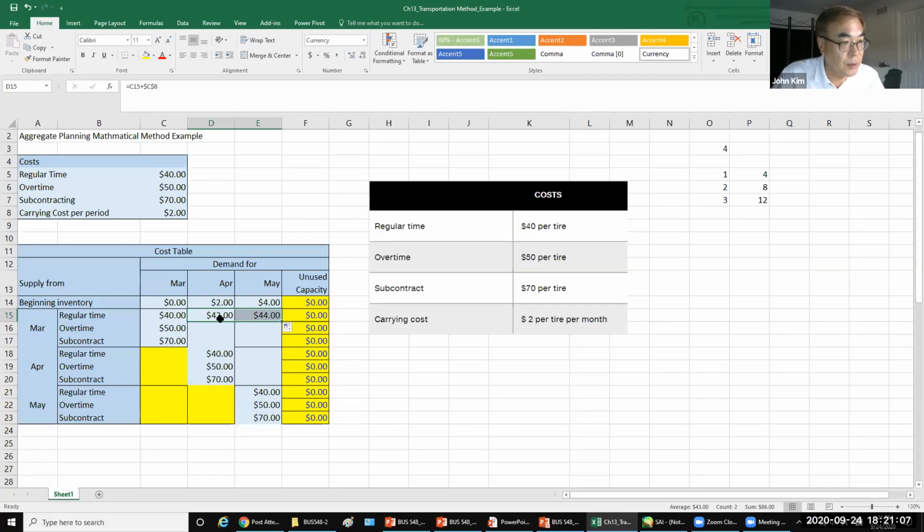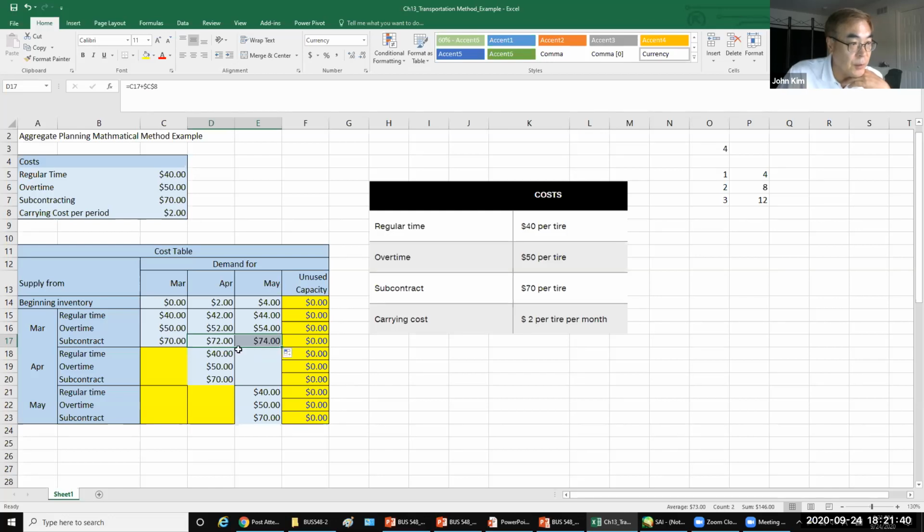So $42, $44, and then this one, copy using dragging down, and dragging, change it like this. So make sure $40, 1 month carry $42, 2 months carry $44, 52, 54, 72,